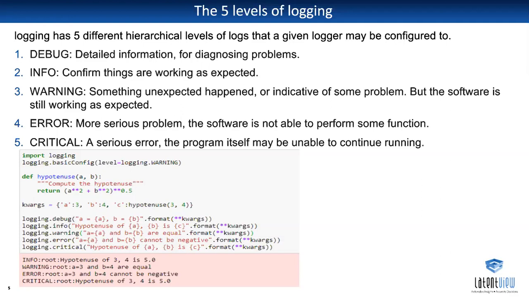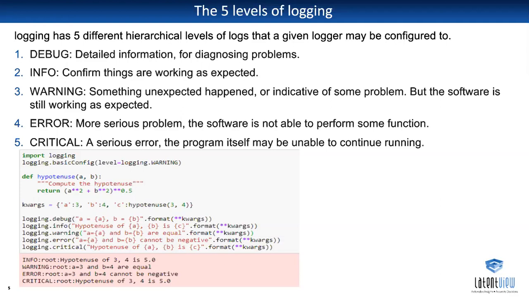Info is similar to print statements, used to check whether the code is working as expected or not. For example, in the info level, we can set a variable and pass a value to it. So at the end of the function, it will say this variable holds this value. And if any particular module got completed, it will say as info that this particular module has completed successfully. So those kinds of information we can keep in info.